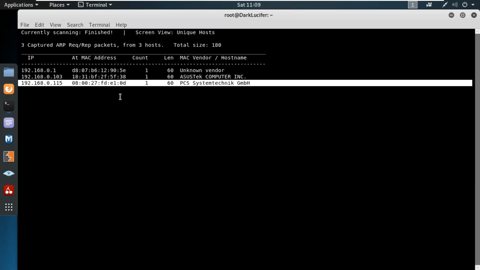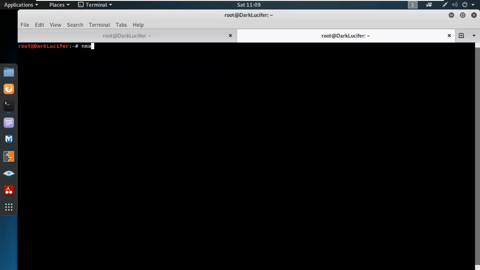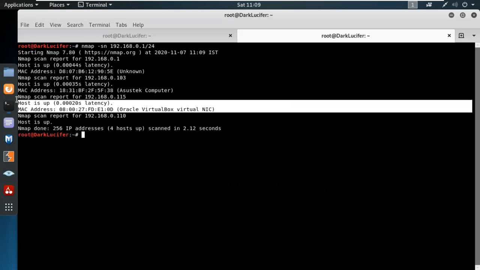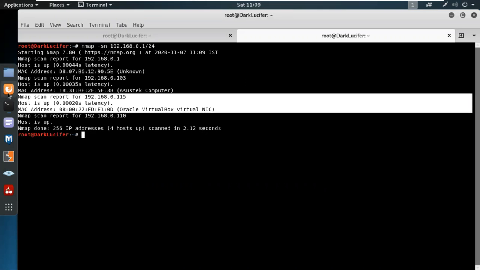So we have an IP address which is our PCS 115, or we can try the SN command. Ping sweep scan to identify the number of devices. So over here we can see 115, which is an Oracle VirtualBox IP address, and